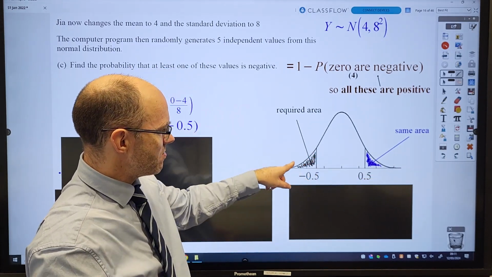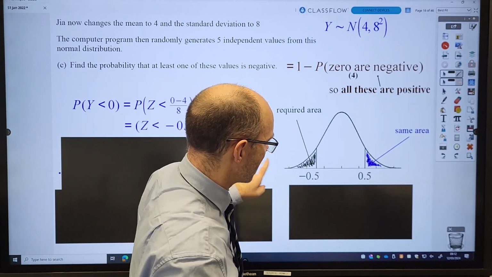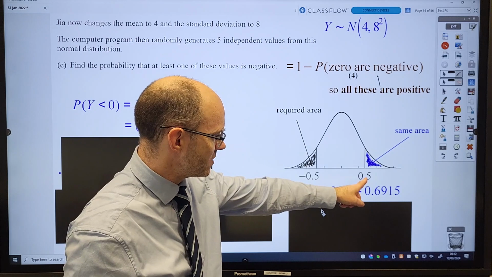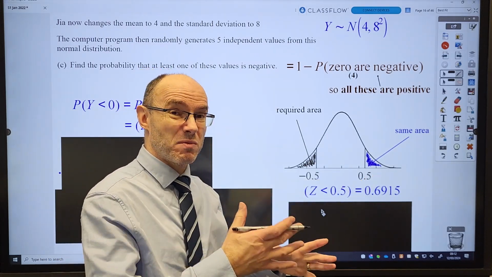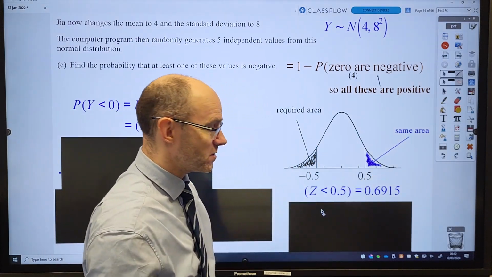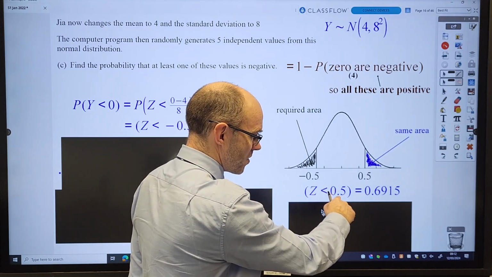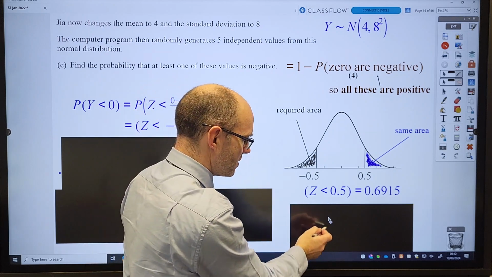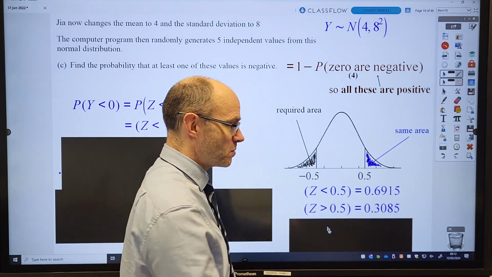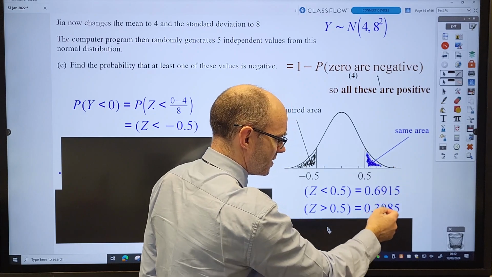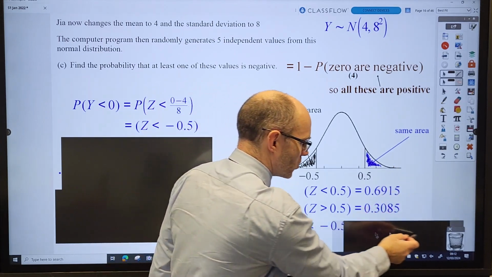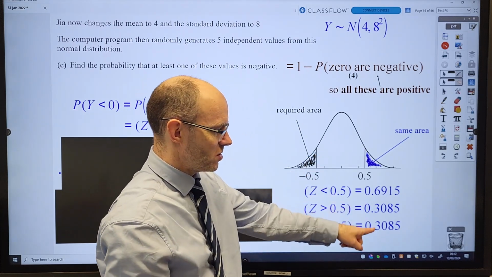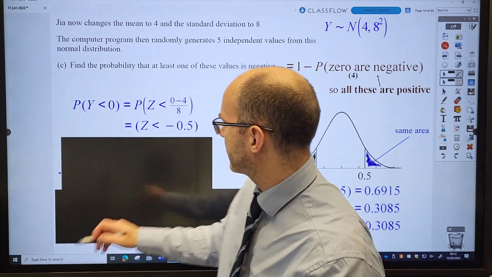Rather than work out that area, we just need to work out that area instead. Okay, so probability that z is less than 0.5 from the tables, because that's how the tables work. They work up to a particular amount. So probability z is less than 0.5 is that. So up to there, 0.6915. So subtract that from 1. Gives us probability z is greater than 0.5 is 0.3085, which of course means that probability of this shaded area here is the same, 0.3085. So